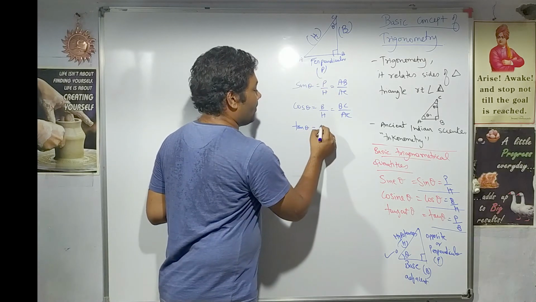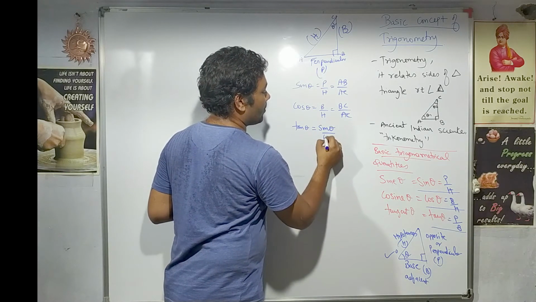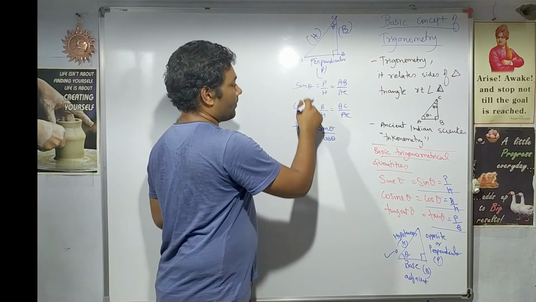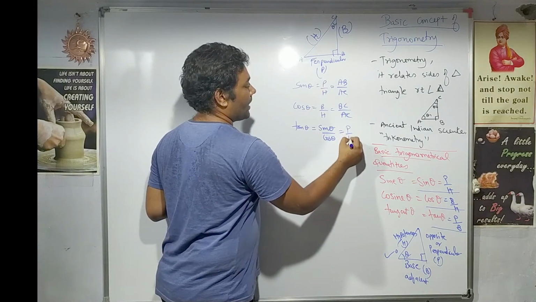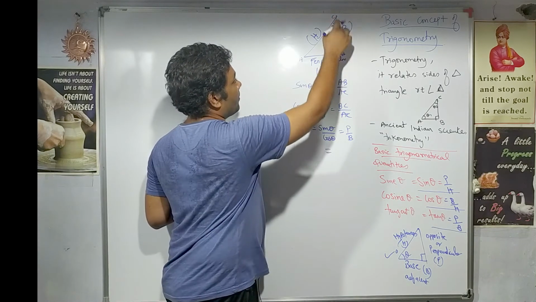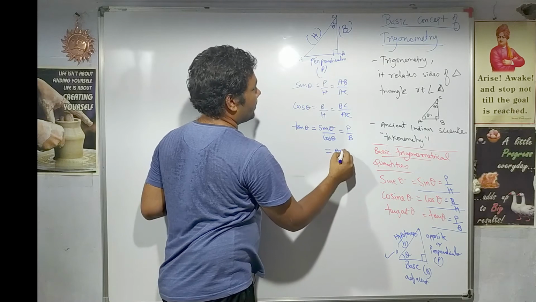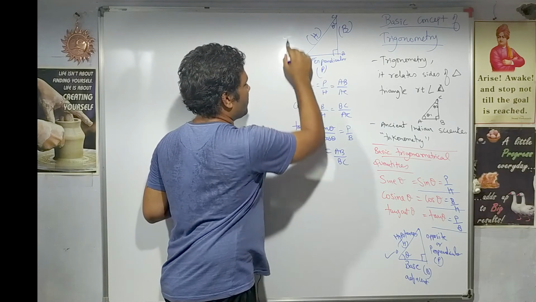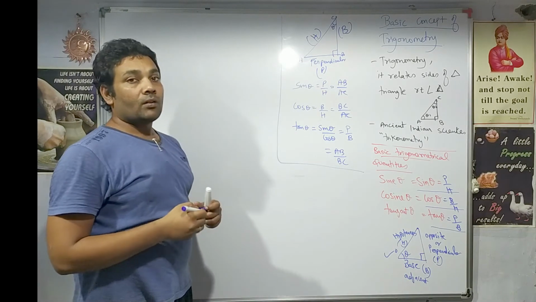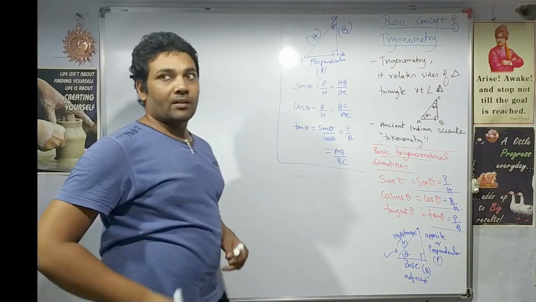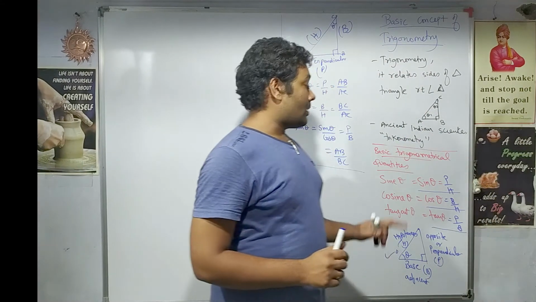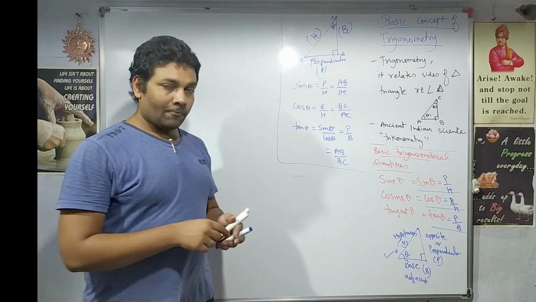And tan theta is also written as sin theta upon cos theta. Tan theta is nothing but the division of sine upon cos. If you divide, we get the formula perpendicular upon base. Perpendicular is AB and the base is BC. So with reference to this triangle, these are the formulas for sine theta, cos theta and tan theta. These are the basic trigonometrical quantities that we have.